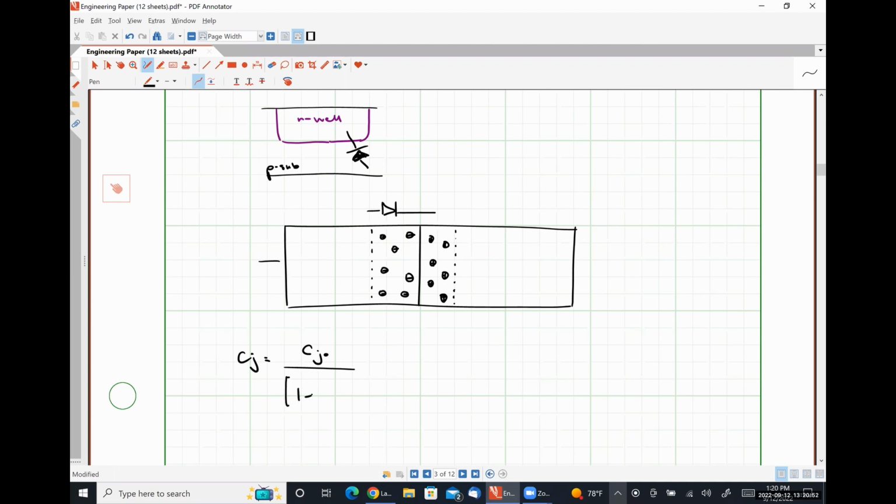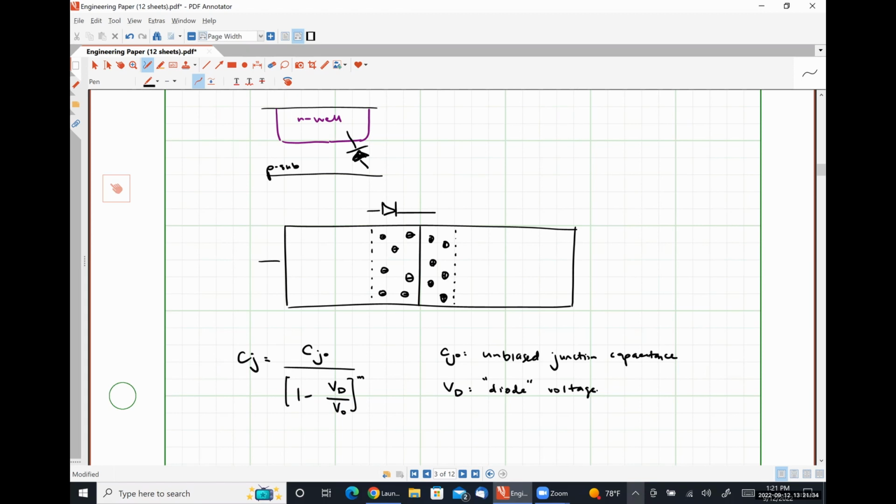1 minus Vd over V naught, to the mth power, where Cj naught is the unbiased junction capacitance, Vd is the diode voltage, where based on the sign here, Vd would be considered the